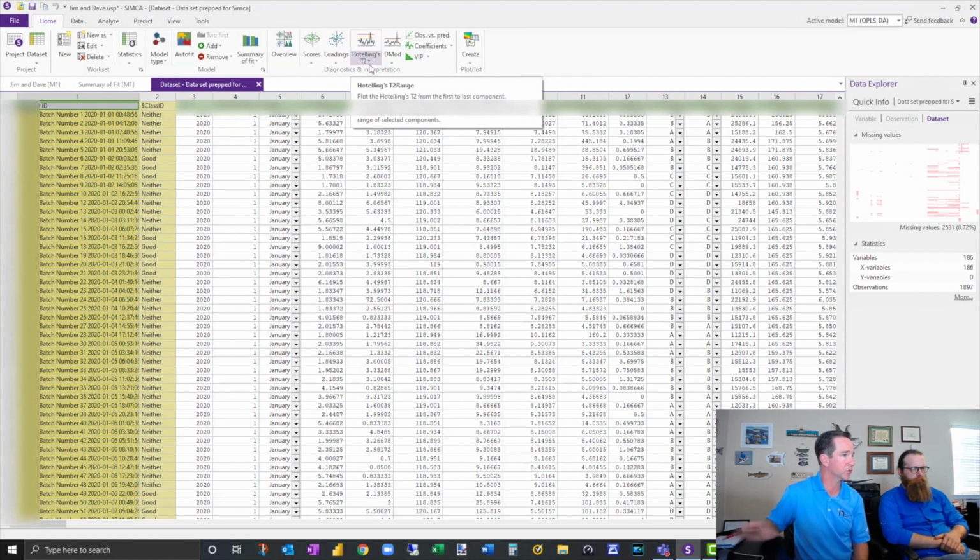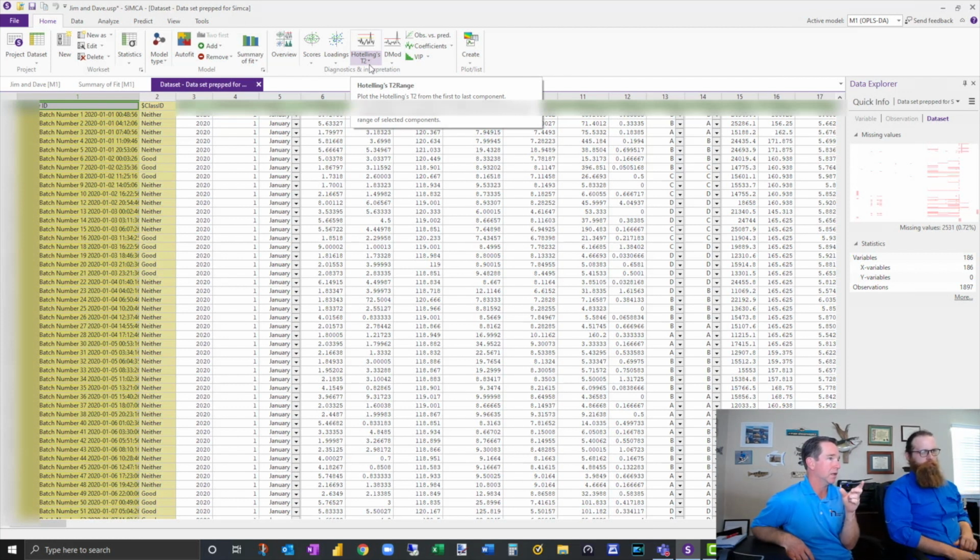All right. So there are 2 kinds of mathematical operations that you can do. One is called the Hotelling's T-squared. And then the other one is DModX. So we're going to look at those, and this is going to help us find the outliers. Don't ask me to explain the math. I don't understand it. Don't ask me any more about it. If you want to go look it up, you can go look it up. Anybody who's watching this, you can go look it up.